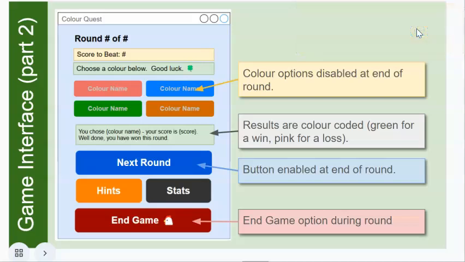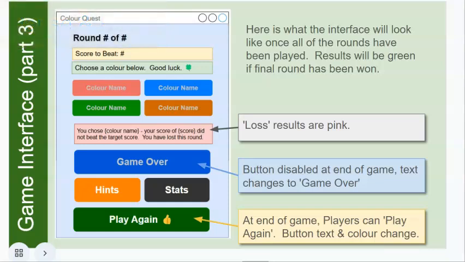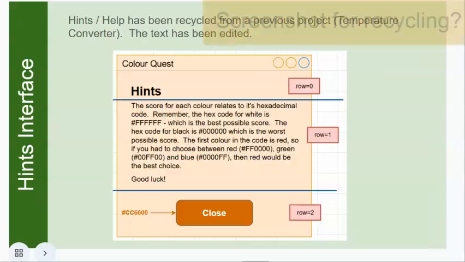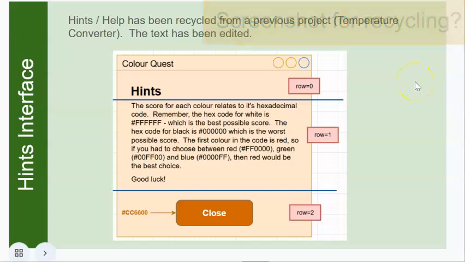They can, of course, chicken out and end the game at any point, and we're also going to let them access hints and stats. Got a separate GUI which shows what happens at the end of the game, where our next button will change to indicate the game is over, and of course that chicken out button becomes a nice friendly play again button. Here's what our hints GUI will look like, and you're welcome to recycle the text that